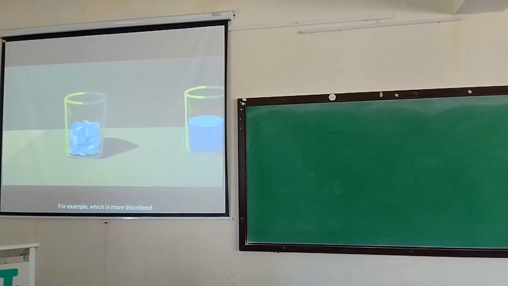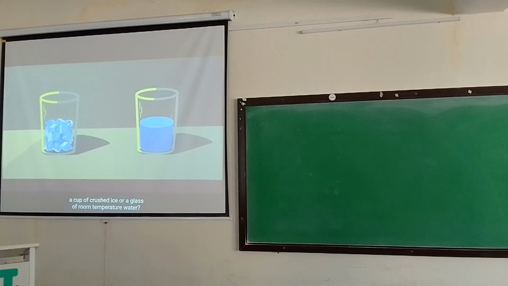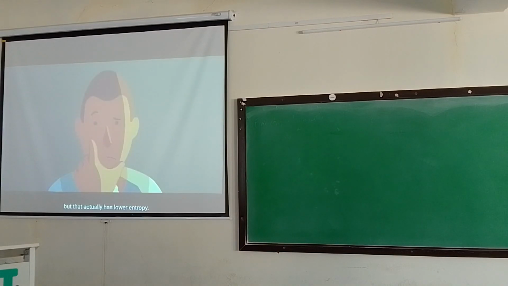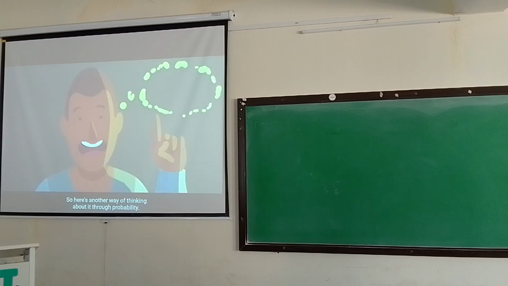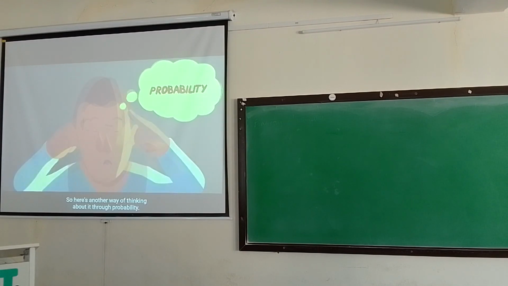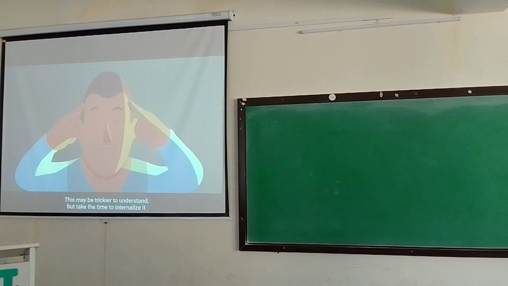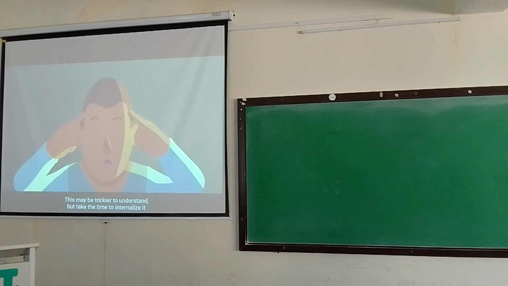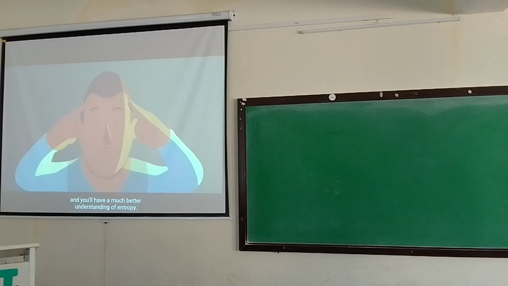Entropy is often described as a measurement of disorder. That's a convenient image, but it's unfortunately misleading. For example, which is more disordered, a cup of crushed ice or a glass of room temperature water? Most people would say the ice, but that actually has lower entropy. So here's another way of thinking about it, through probability. This may be trickier to understand, but take the time to internalize it, and you'll have a much better understanding